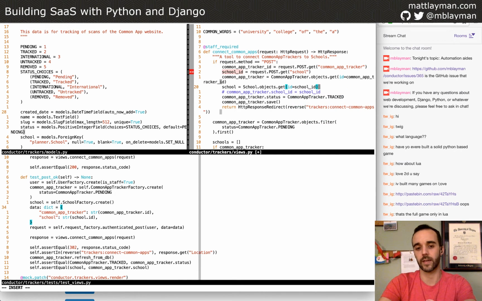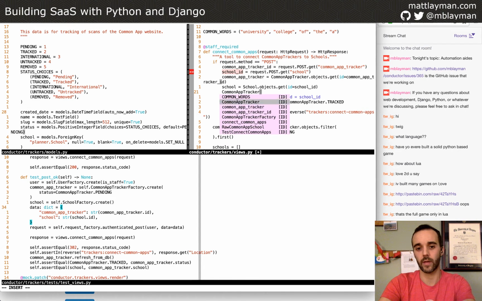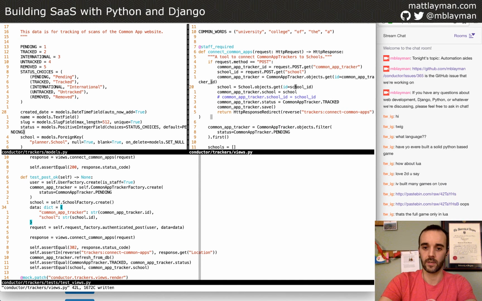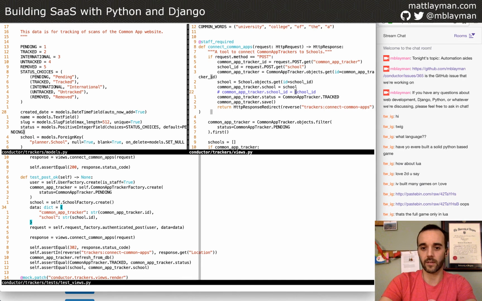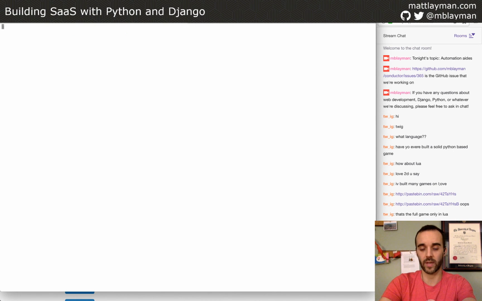And then we could say common app tracker school and set it to this school record. Okay. These two lines and this line are equivalent in the result. You see the test passes.